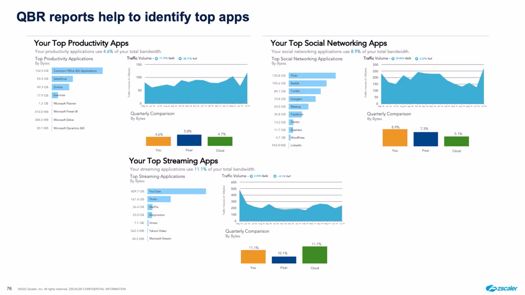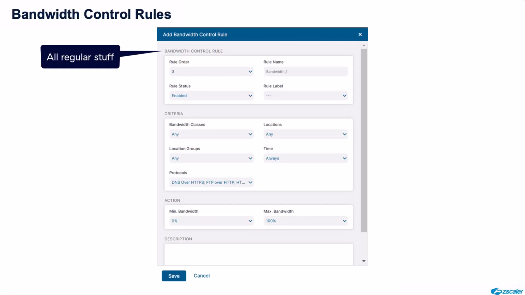What are the different top applications we have seen and what are the ones you want your users to not use much during office hours versus use more of them? You have a complete insight of this to come up and create your own bandwidth classes or leverage a predefined bandwidth class. Speaking of the granularity and the capabilities within the rule engine, bandwidth control is a rule you